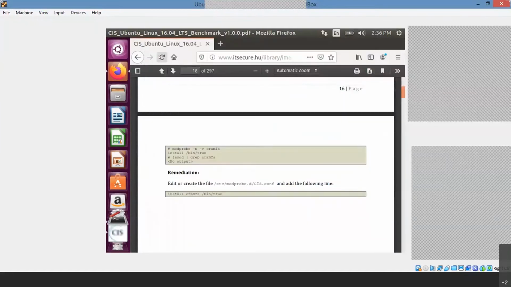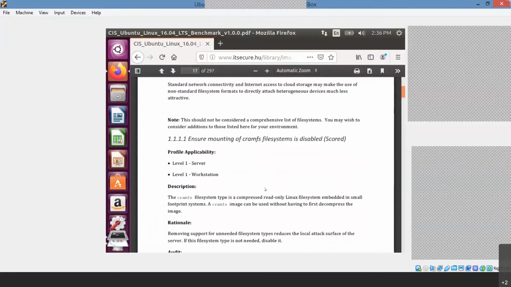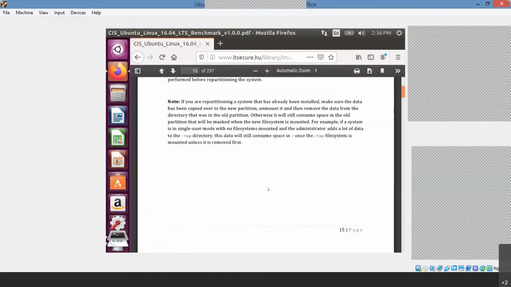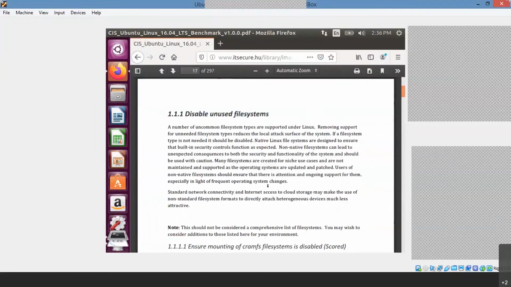Yeah, so, yes, okay. See here, this is one of the things, but actually I think when you see in this PDF, a lot of things are there. Okay, so you have to harden what are the required things which you are needed.